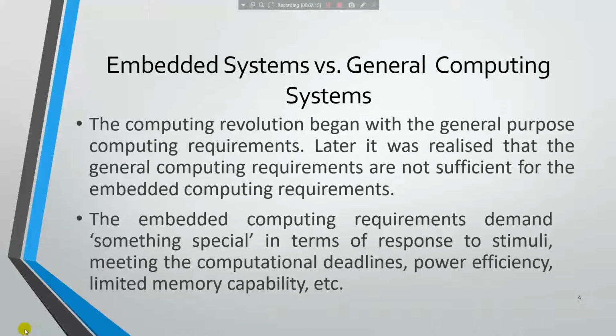So embedded system versus general computing system, that is nothing but GCS. General computers, we all know, we use laptops, we use systems and all. So those categories come under general computing systems. Embedded systems are something like your automobile, where you will be studying about real-time operating systems. Apart from that, we will be studying smartphones. So these are all your embedded systems. I can't say that a smartphone entirely is an embedded system, but a part of it can be called an embedded system. A particular task has to be done, so that comes under embedded system.